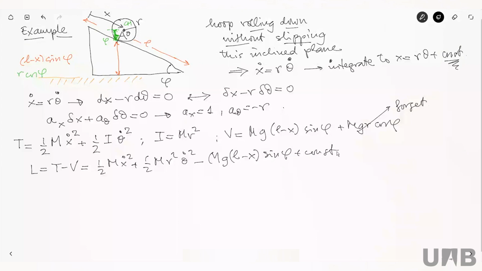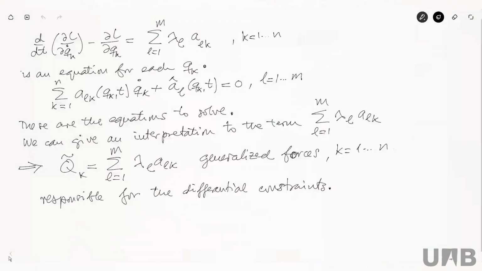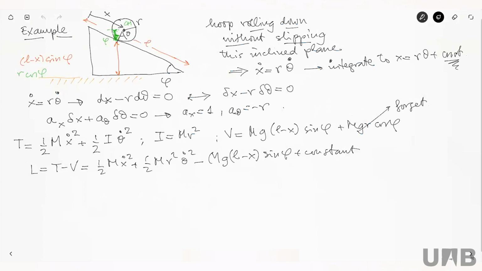Okay, so equations of motion. Remember that the differential constraint with the corresponding Lagrange multiplier has to be added to the Euler-Lagrange equations of motion. Like here. So that's what I'm going to do next. I have two Euler-Lagrange equations, one for x, one for theta, so I have to add the corresponding terms in both equations. So let's look at the equations of motion.